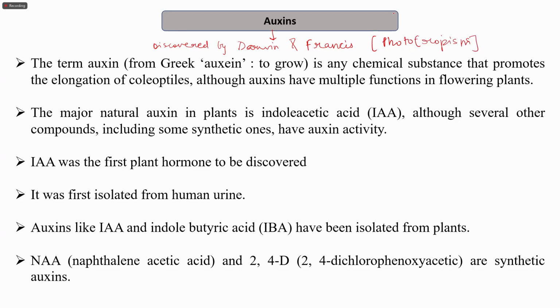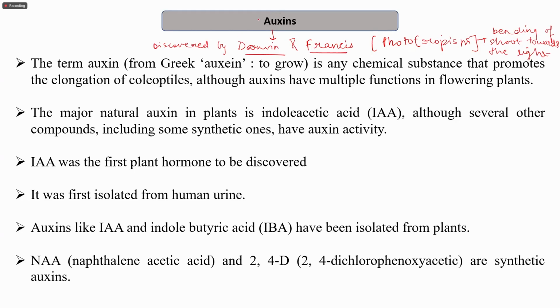So in this, what was happening is, there was a bending of shoot towards the light. So this was observed by Darwin and Francis, and later on the molecule which was responsible for this phototropism was